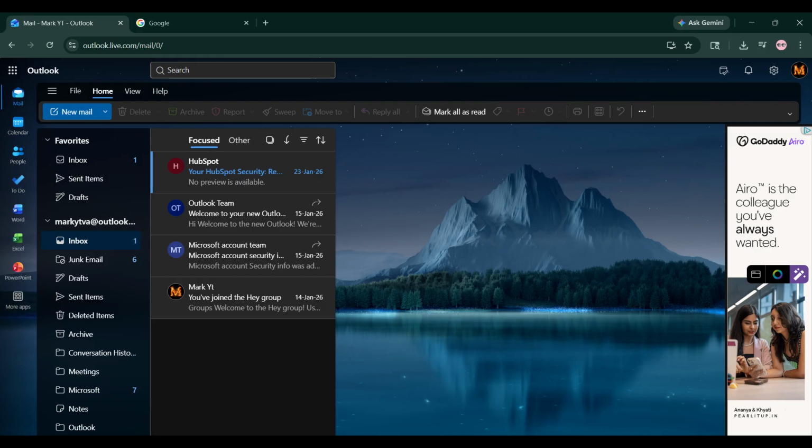Now let's try opening Outlook in safe mode. This is one of the best ways to troubleshoot Outlook errors, because safe mode starts Outlook without add-ins or extensions that might be causing the issue. Press the Windows key and the R key on your keyboard to open the Run box, then type outlook /safe and press Enter. If Outlook opens successfully in safe mode, that tells you one of the add-ins may be causing the